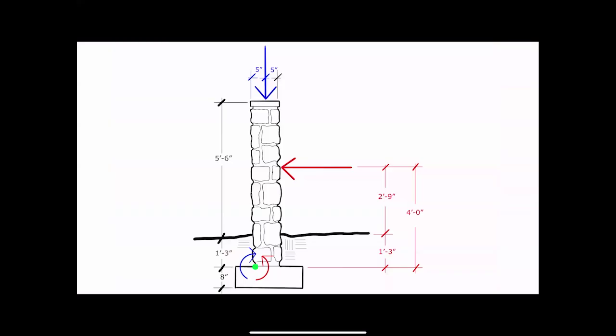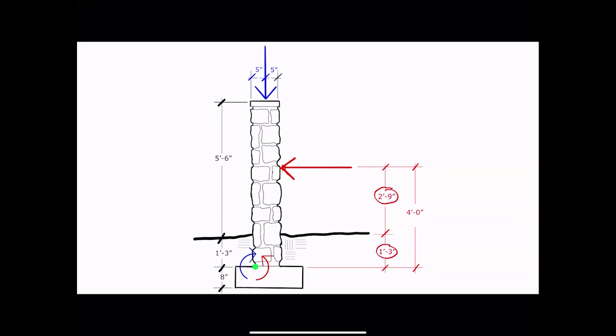And so let's bring it back to our wall. So we have the wind coming from the right. And I mentioned that we're going to treat it from a moment point of view. We're going to treat it as if it's at the midpoint of the exposed portion of the wall, which kind of makes sense. And so that was 2'9" up the wall and